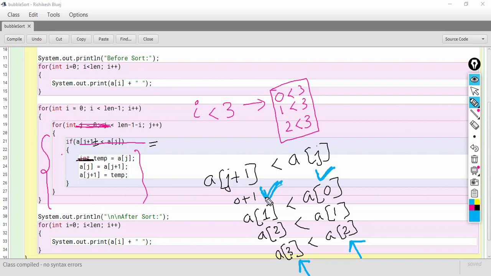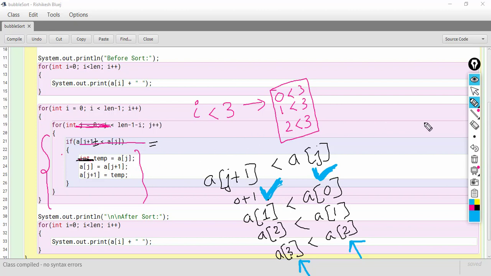If the next element is less than the current element, it is not in the right position. Here we are sorting in ascending order, that means on the right side we should have a bigger number and on the left side a smaller number. So, if the right one is smaller than the left one, then we will swap.